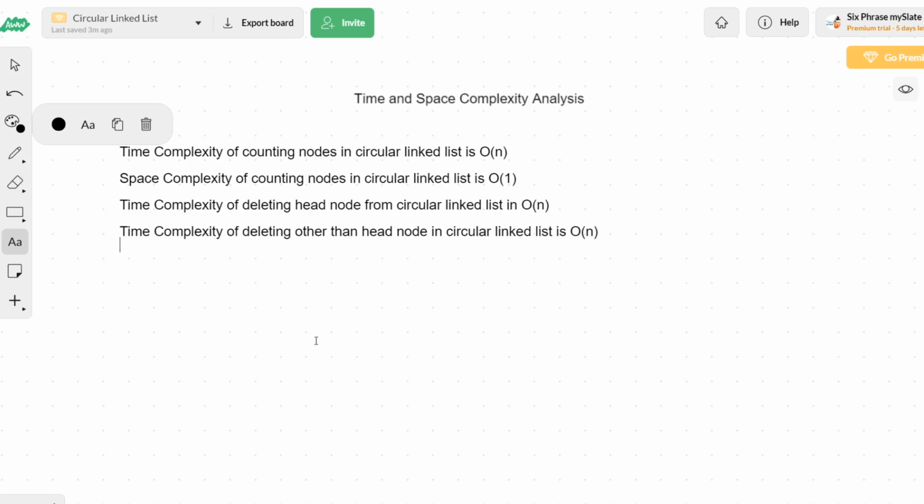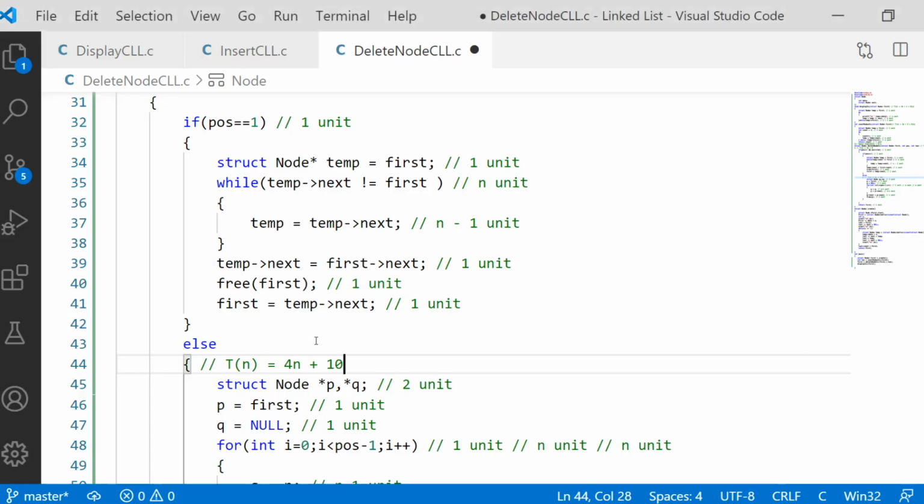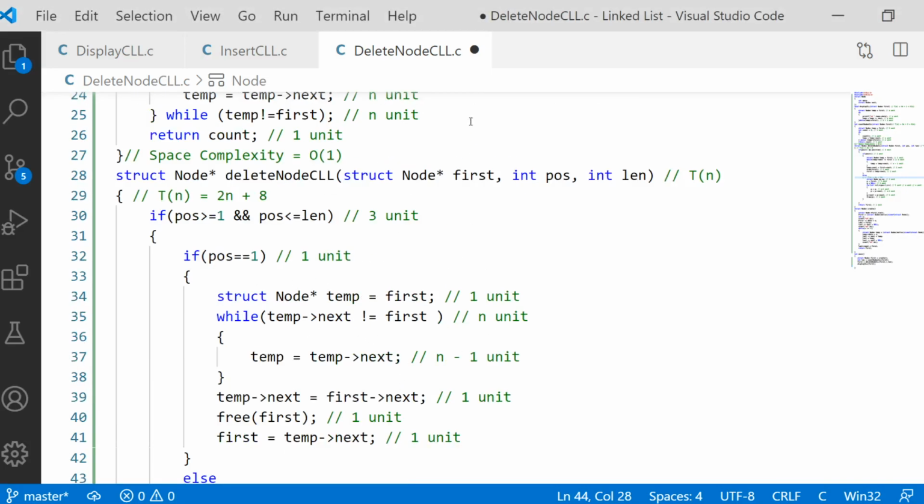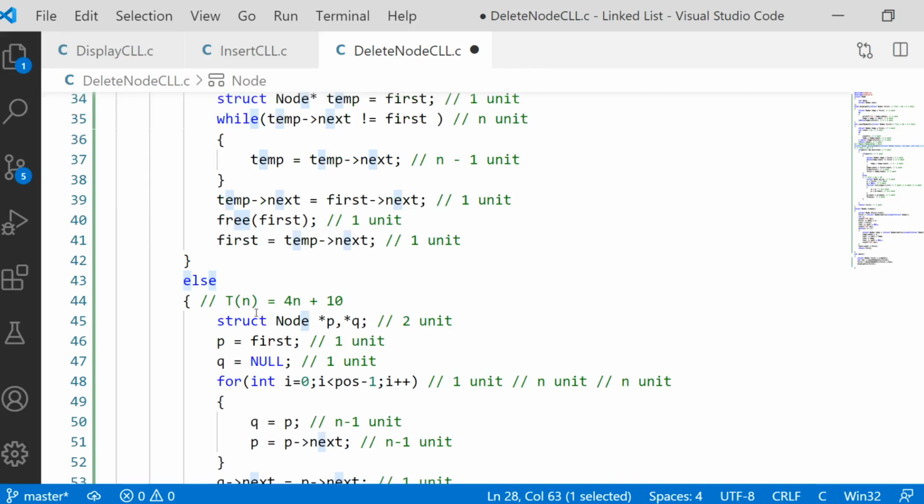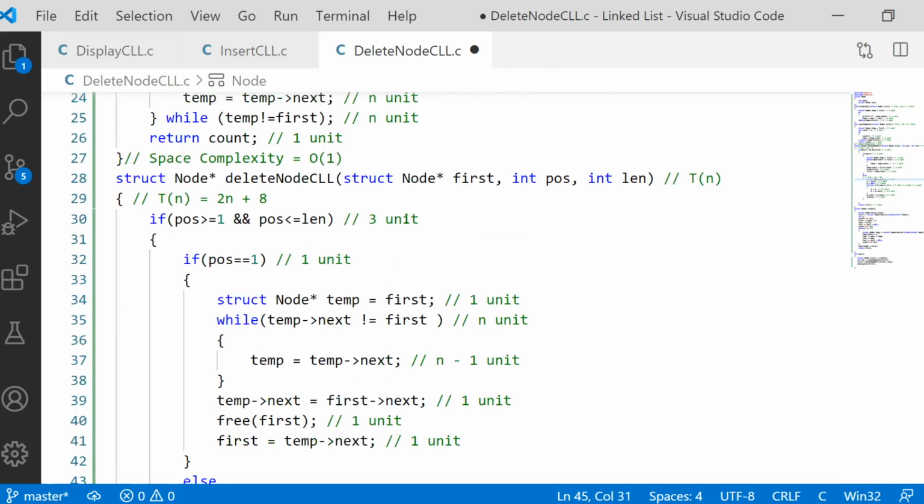Okay, fine. Now let us speak about the space complexity of this deletion process. So coming to the space complexity, how many extra blocks have we taken? 1 unit space, 2 unit space, 3 unit space. Then coming to the else part we have 2, right? So 3 plus 2 it is 5. So a maximum of 5 units if you enter into the else part. Only 4 units if you enter into the if part, because there only 1 extra pointer temp is taken. So a maximum of 5 units, which is a constant space.